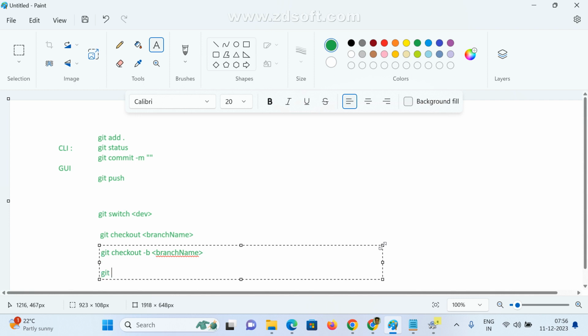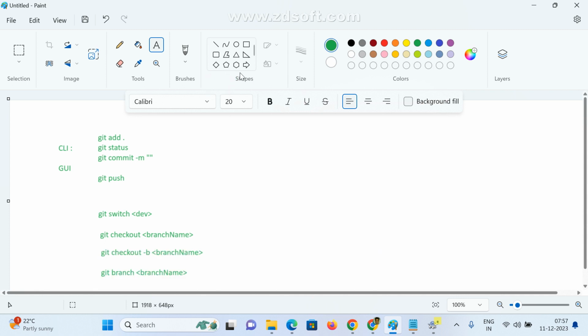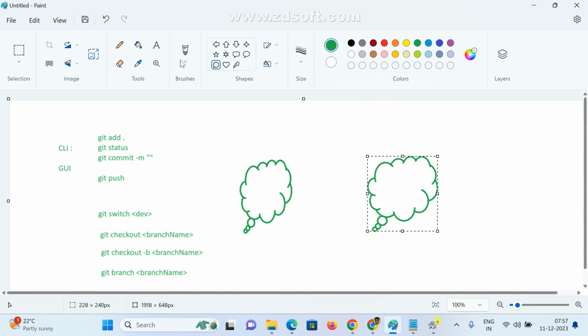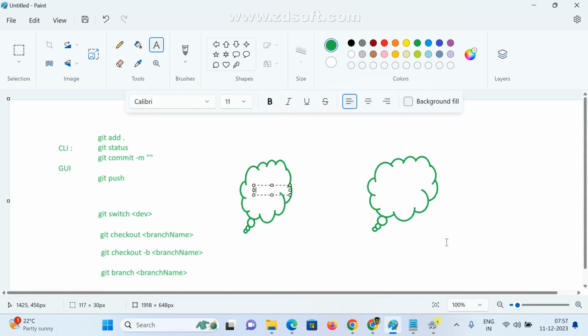Git branch name. This is the CLI name. Same thing. And here we are selecting two: one is the source branch, and this is the other branch. Right now I am in the development branch, and it is showing development. Here the source is the development branch. And the destination is,